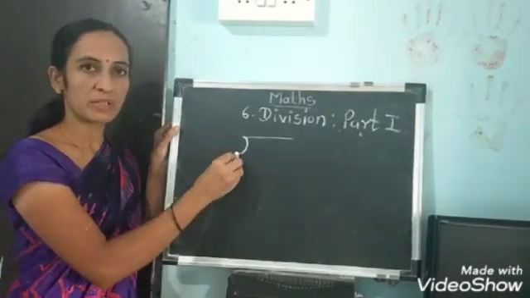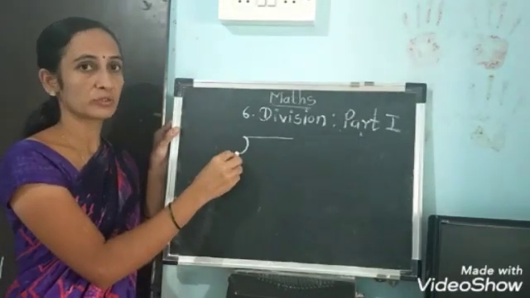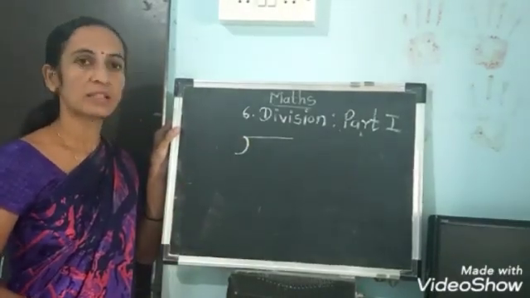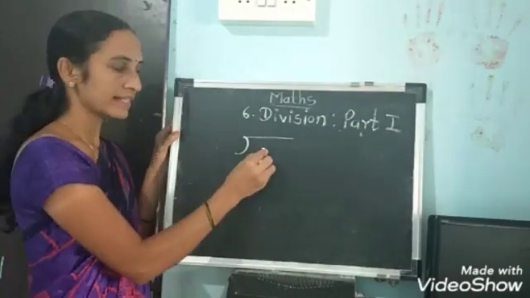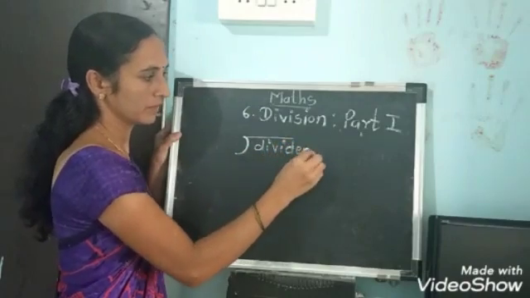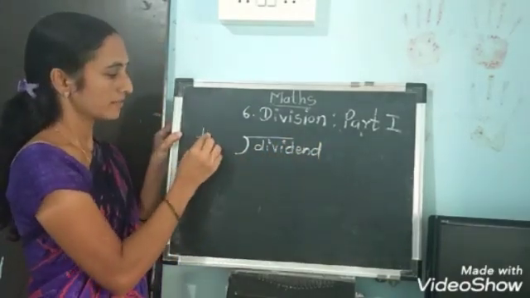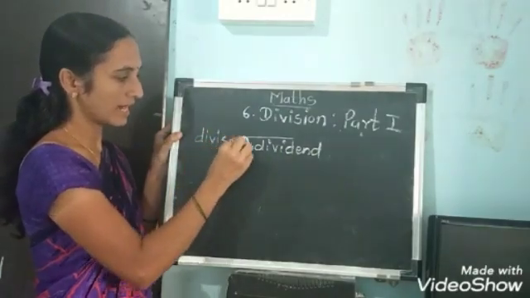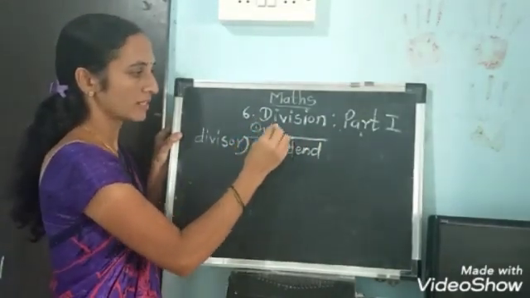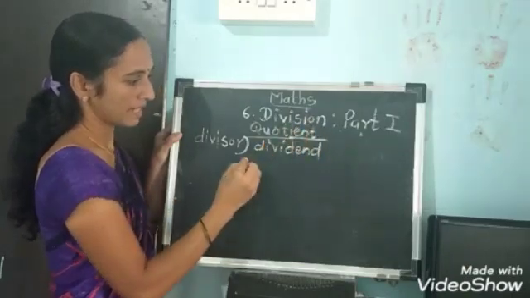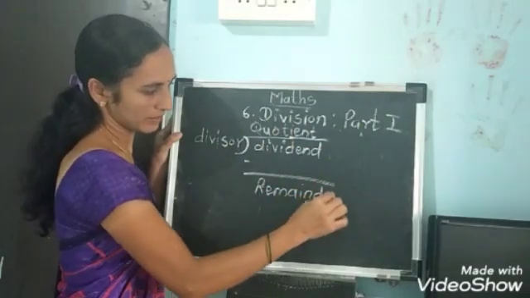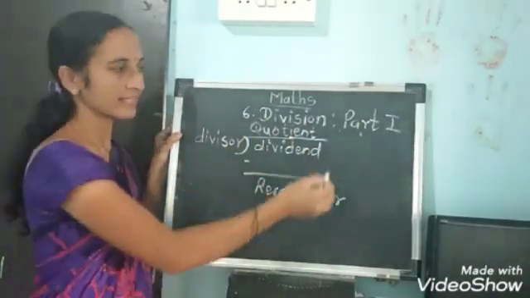See students, this is the example, and this is the symbol we are going to use for division. But here we get some numbers after solving the example. For those numbers we have some names. The bigger number we write inside is called the dividend. You have to learn this spelling. Here, divisor. The table we say is called the divisor. The answer always here is called the quotient. And after subtraction what remains is called the remainder. In this way you have to learn these spellings.